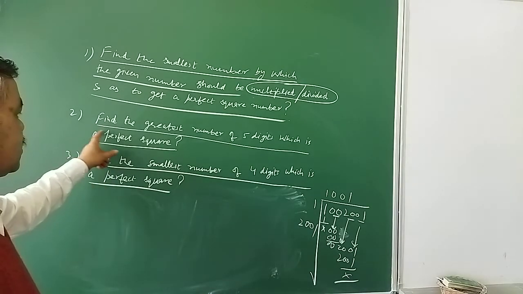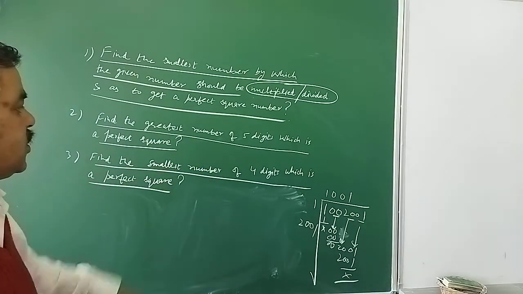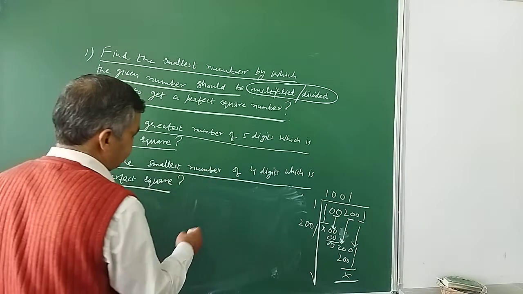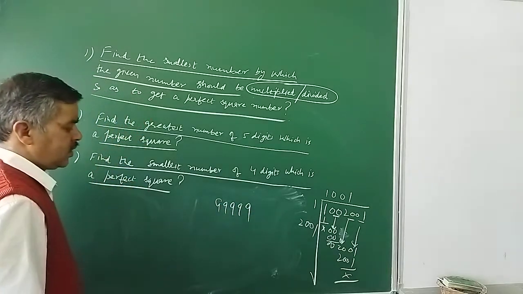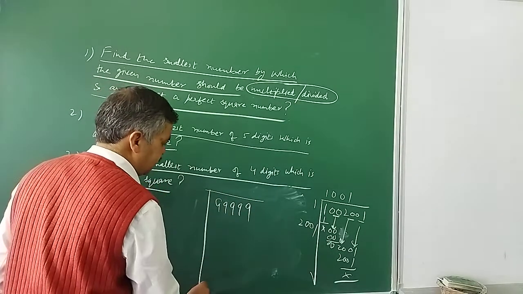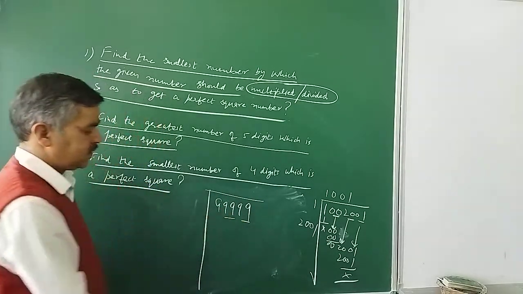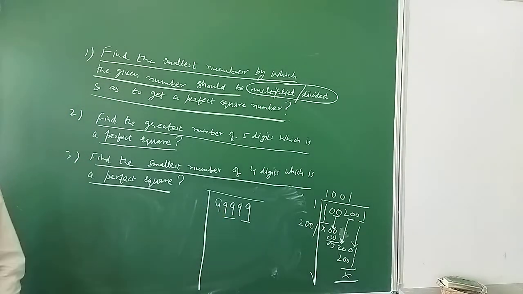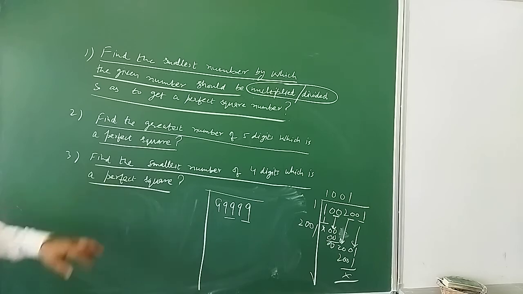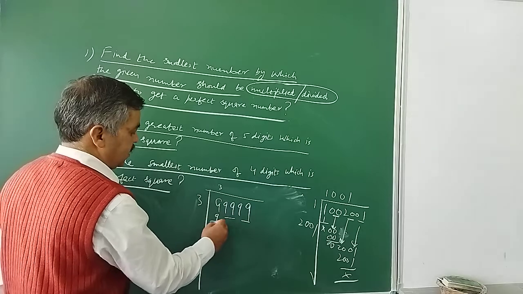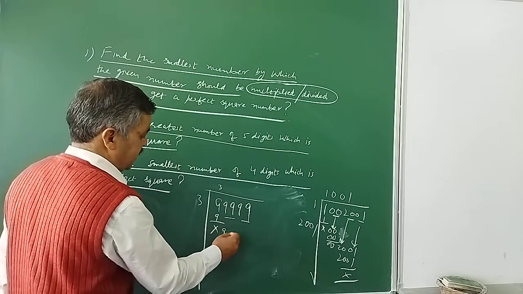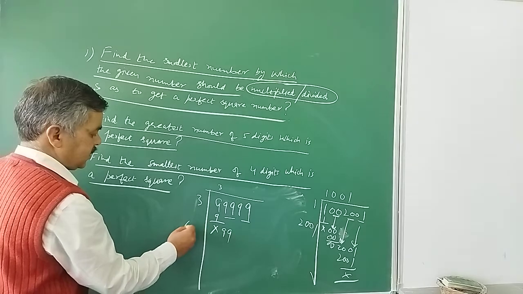Now let us come back to this: how to find the greatest number? Here suppose it is of 5 digits. So you write down the greatest number of 5 digits, and once you have written it, you start making the pairs from right to left. 1 9 is left over there. Now 9: what I have to do there? 3 3s are 9. Gone. 99. So double of 3 is 6.